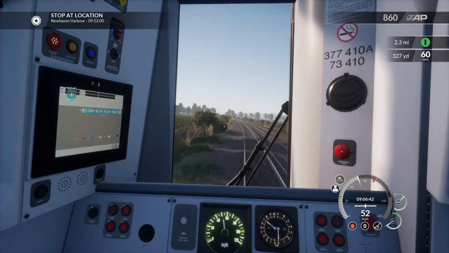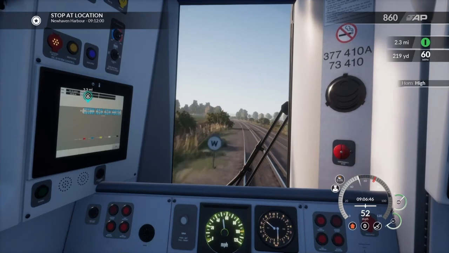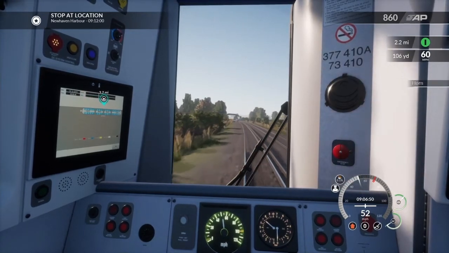Since Train Sim World 2020 is still kind of new, there's not much in the way of routes available, so